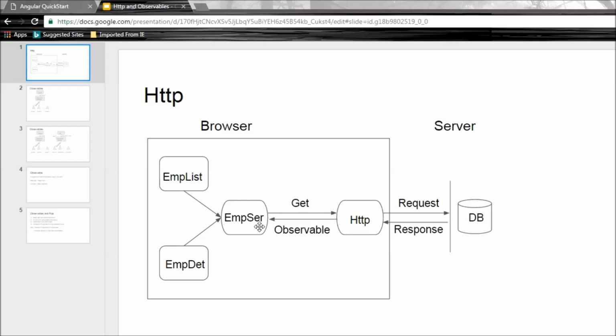So inside our employee service, we are going to invoke the get method of HTTP, and in turn the HTTP service will send the request to the server. Now the request is going to hit a web service or a web API which will fetch the data from a database and send it back as an HTTP response. And the response we get from the HTTP service is called an observable. Now the employee service needs to process this data that comes as an observable